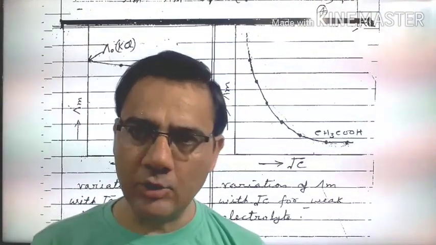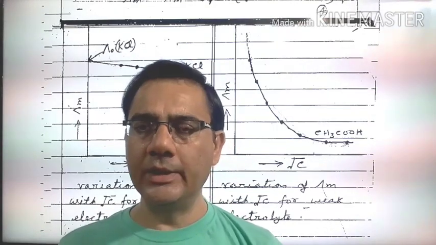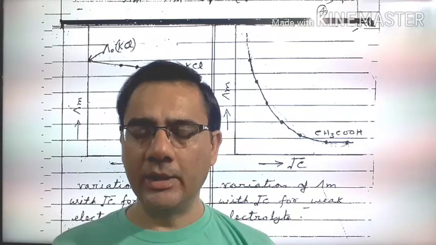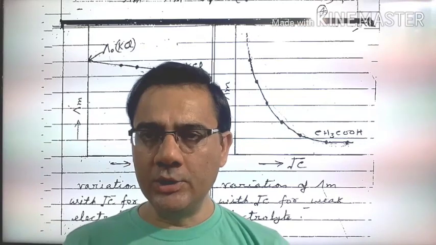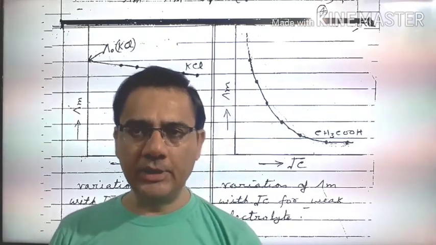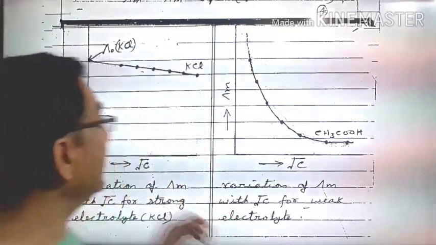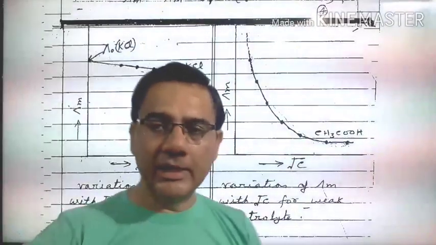Since it is the strong electrolyte, so a time comes when 100% dissociation completes, और उस वक्त जो molar conductivity show होगी that is called limiting molar conductivity or molar conductivity at infinite dilution. और ये जो molar conductivity at infinite dilution है, इसको calculate भी किया जाता है by the extrapolation of the graph. यहाँ तक तो ग्राफ आपको दिख रहा है, इसके बाद का ग्राफ एक imaginary graph होता है कि ultimately